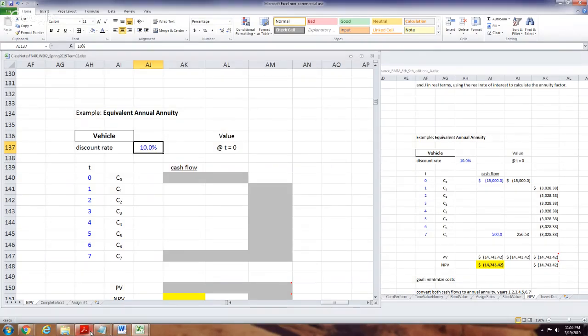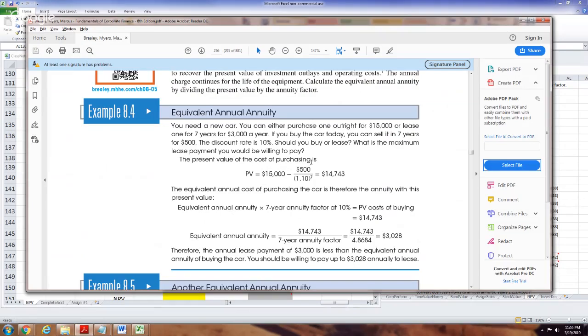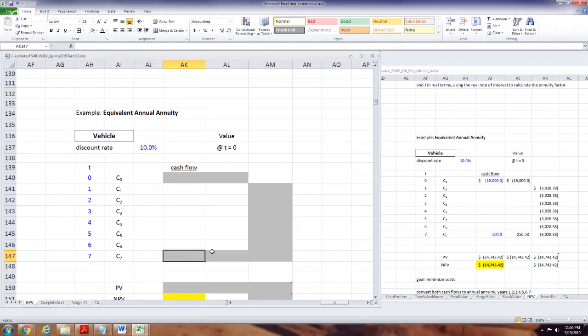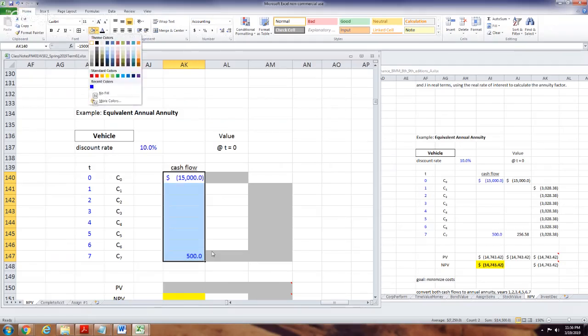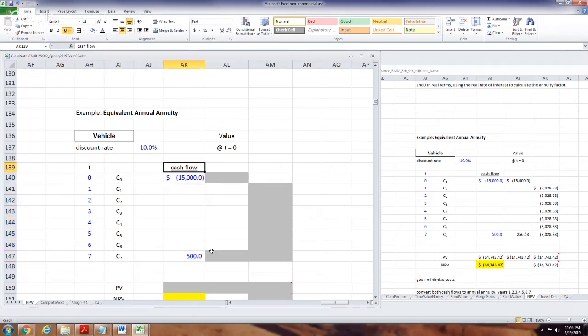And what was the salvage value in this problem? The salvage value was, again, think about that. You buy for 15,000, and then it's about a 30th of the price 7 years later, right at 500. So here's your salvage that comes in. You're spending 15,000. And again, if you're not using the triple zeros or the 6 zeros, always keep in mind that you're just putting the straight numbers in. Okay. And this is all at T0.